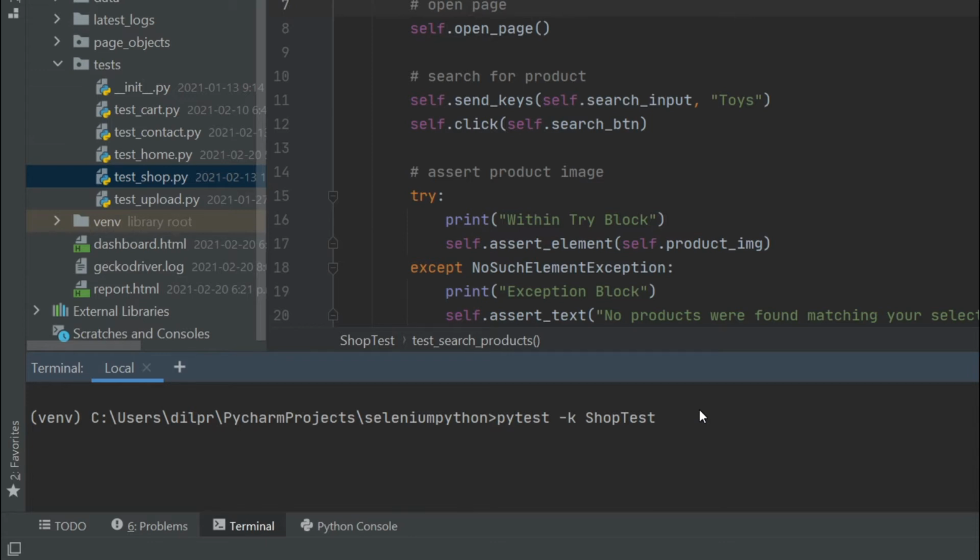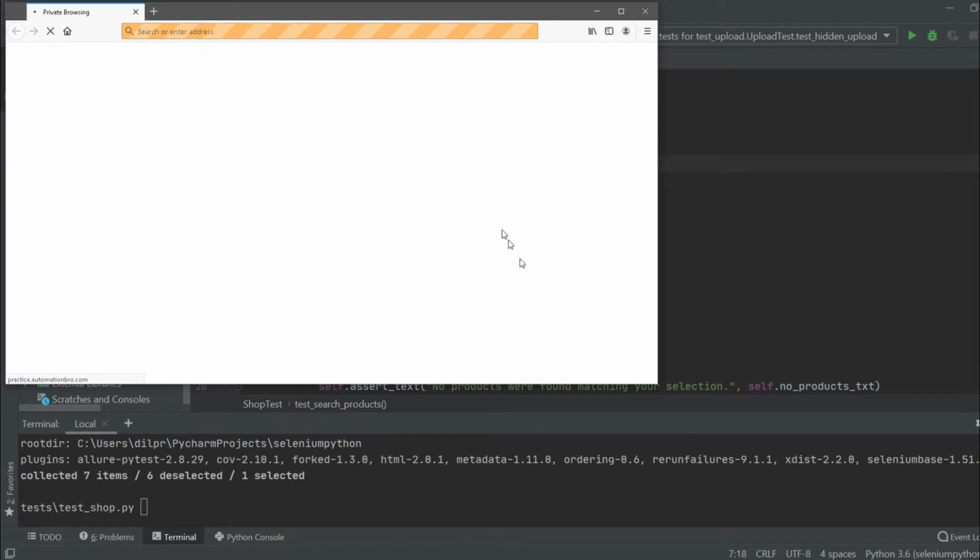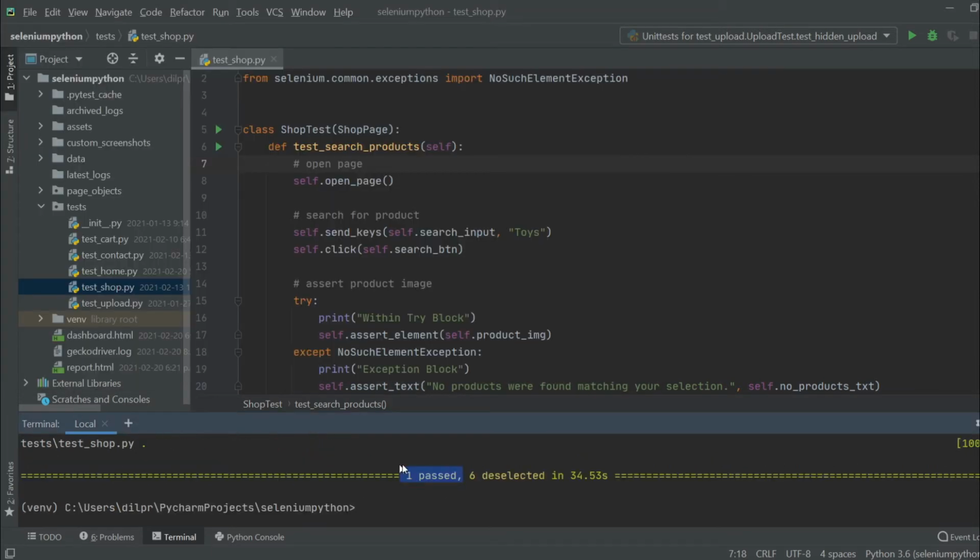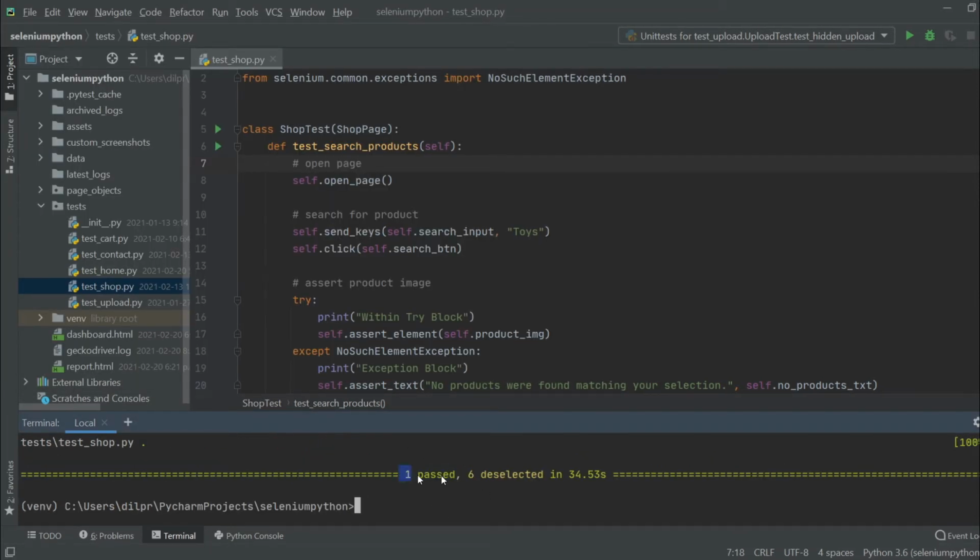But if I want to run it on Firefox, all I need to do is just pass in --browser and then just say Firefox. And if I hit enter, it will start running the test in Firefox. So let's take a look at that. As you can see, it's starting to run the test in Firefox, and this is the Firefox browser that it opened up. Alright, so our test finished running, and as you can see, this successfully passed. So to run our test on Firefox, all we had to do is just pass in this --browser flag.